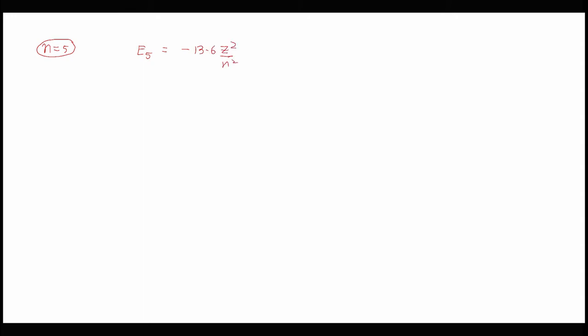Now since it is a helium nucleus, over here I can write it as minus 13.6 into 2 squared by 5 square. So this is the value of the energy of the fourth excited state, which we calculate equivalent to minus 2.18 electron volt. So this is the value of the energy corresponding to the fourth excited state. Now the energy of the emitted photon in the above combination reaction, which the question is asking us.